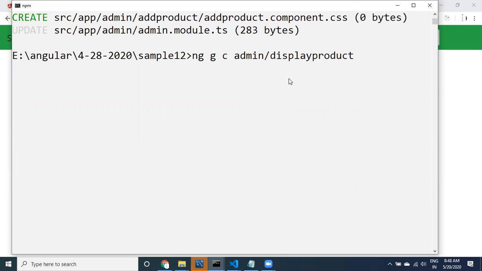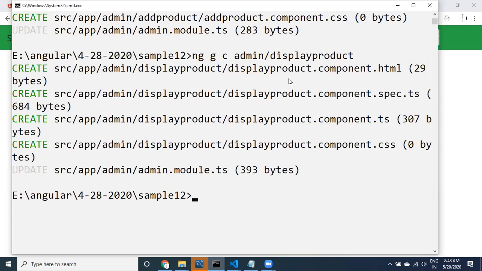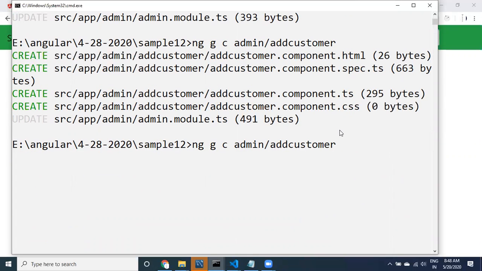Just dummy components I'm creating. And then let us create another component, add customer. Okay, see here, add customer and list customer.